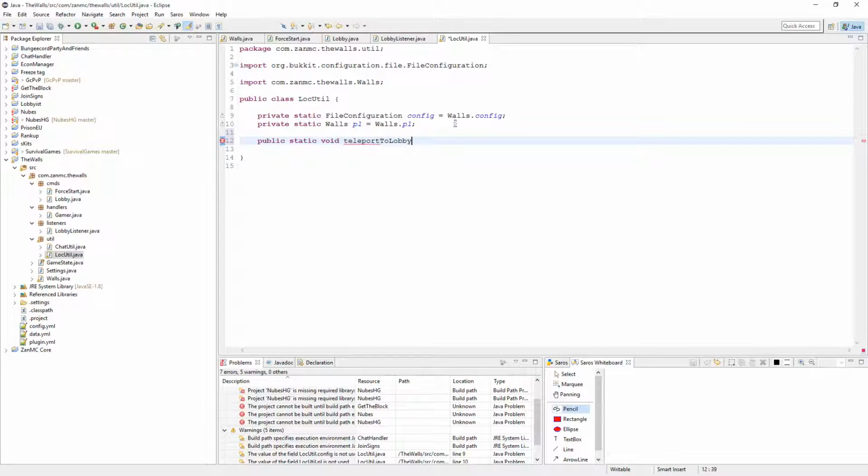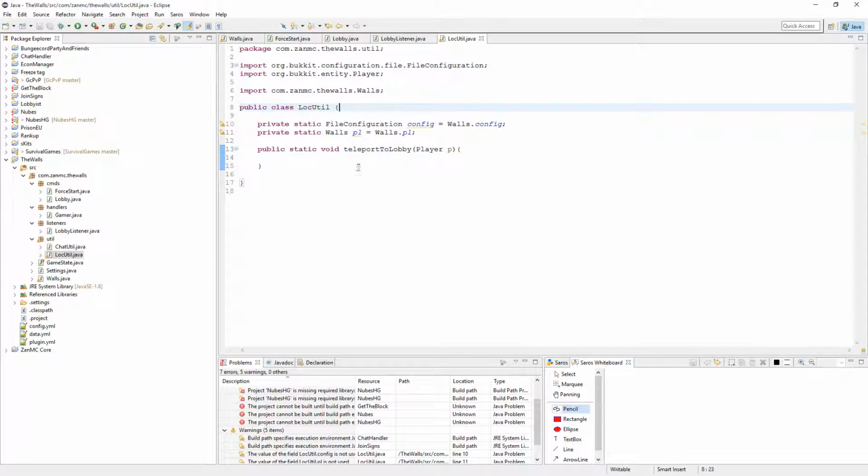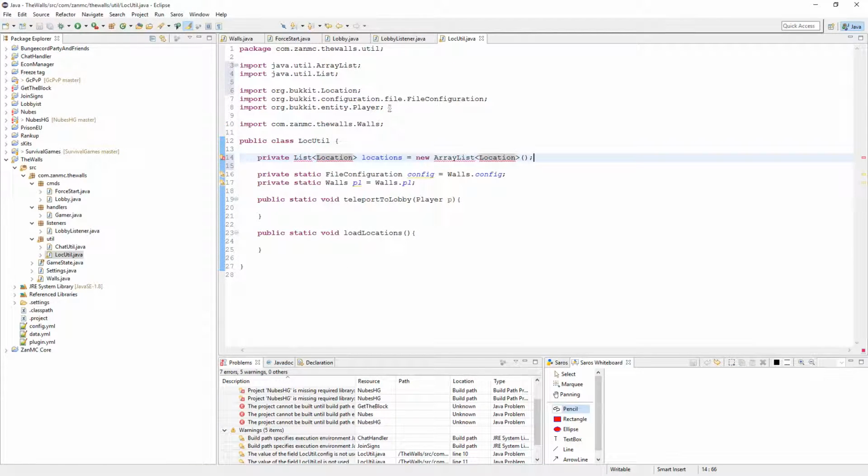teleportToLobby(Player p). And here we will get the lobby. I'm not sure if that's inefficient, or that's probably inefficient. So on enable, let's do public static void loadLocations. Now do a private list of Location, private List<Location> locations is equal to new ArrayList<Location>. Like that, and now we will do